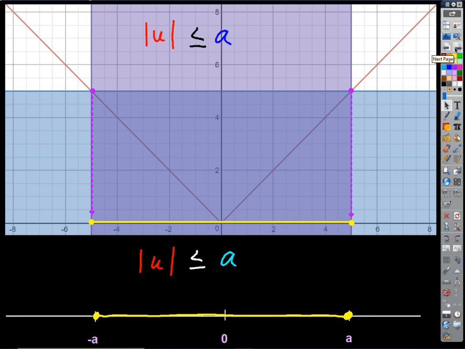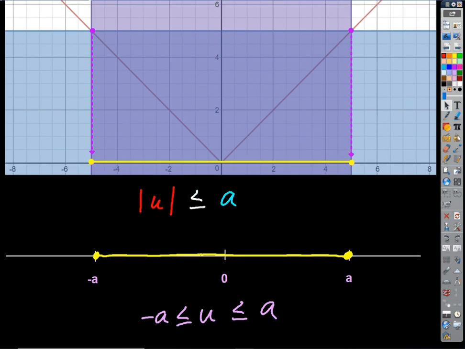So if we're looking for just those x values, well, those translate to the x values between negative a and positive a, including the endpoints, right? And so here's where we make this transition. Once we isolate the absolute value, when I get an isolated absolute value less than or equal to a number, instead of trading for two equations, we're trading for two inequalities in the form of an and compound inequality, right? So when the isolated absolute value is less than or equal to a number,